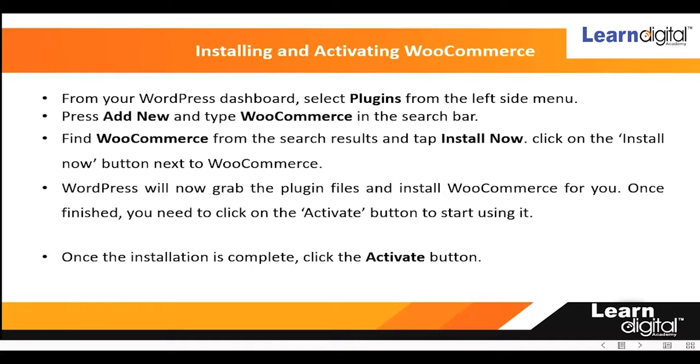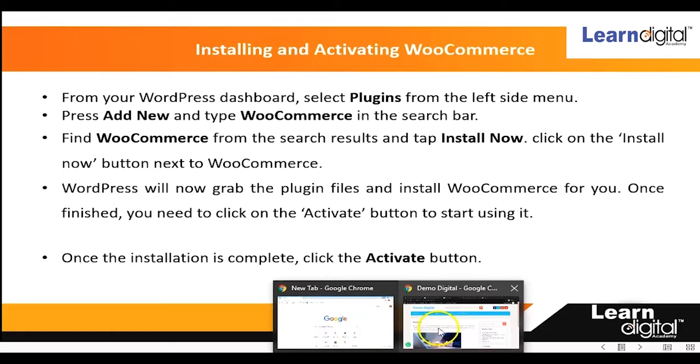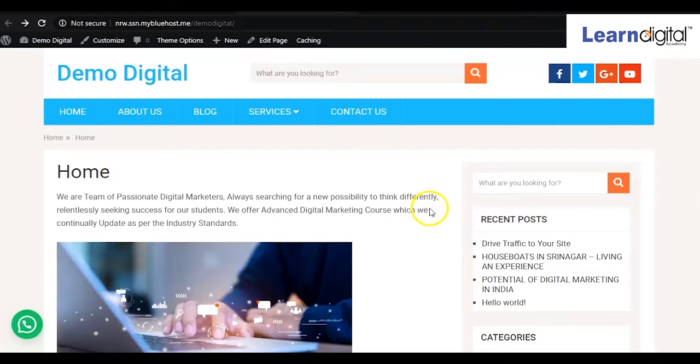For installing and activating WooCommerce, in the same manner, you have to go to the backend of your website and enter with your login credentials. There, in the plugin option, you go to Add New and install the plugin. We will be doing it practically. First of all, we go to our website. This is the website that we created last time, and today we are going to convert this website into an e-commerce website, right?